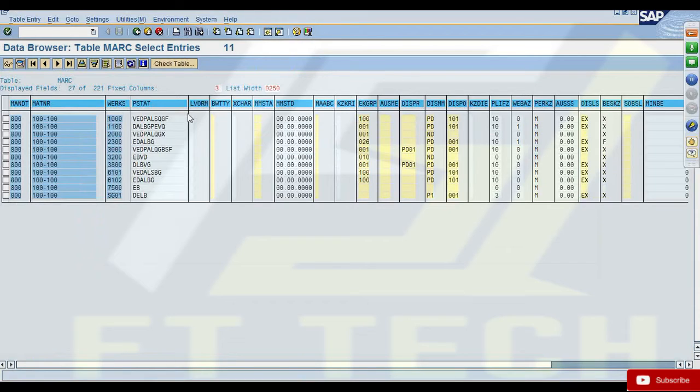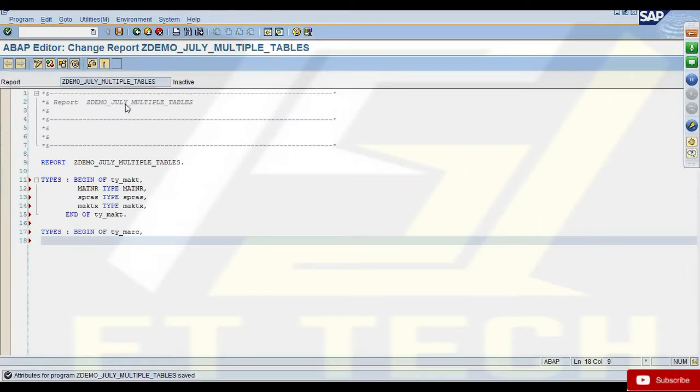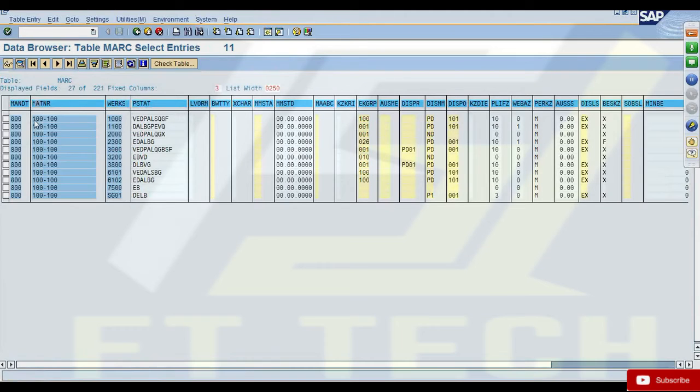Vijita, you're with me? Yeah, I'm listening. I'm not able to find the fields. On the top, these are field names. Okay, MATNR and WERKS. And what is the key field other than this? I don't know in this table. You can see the key fields are in a different color. Okay, these are in a different color.